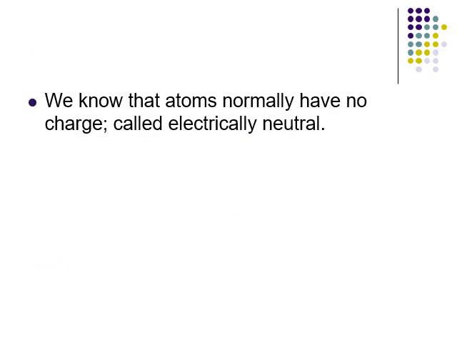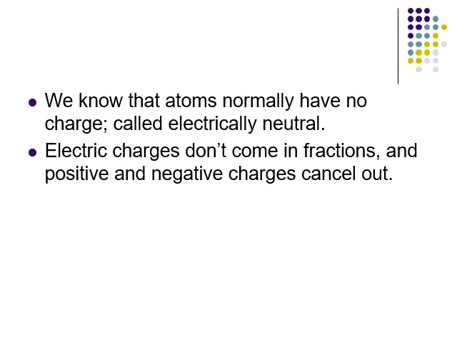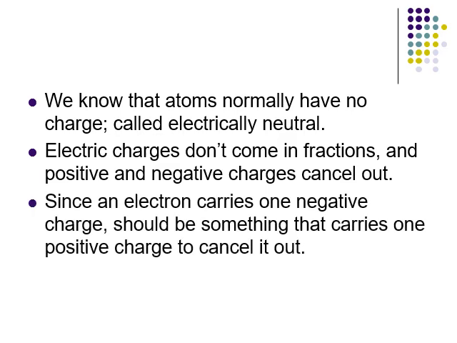Now, this caused a bit of a problem, this discovery of the electron, because Dalton knew, and we still knew at this point, that atoms have no charge. They are neutral. So how can atoms be neutral if they have this negative piece to it? Well, we know that positive and negative cancels out. So if there's something with negative charge, there has to be something with positive charge. And we call that particle with a positive charge a proton.